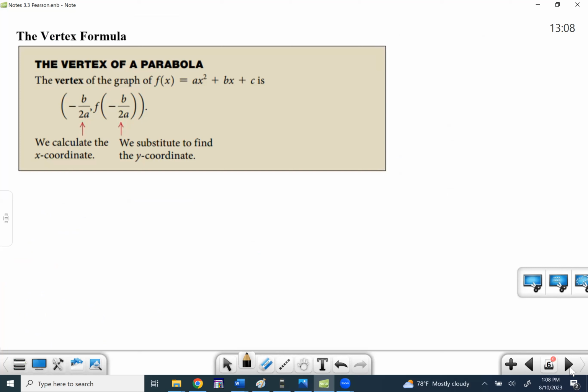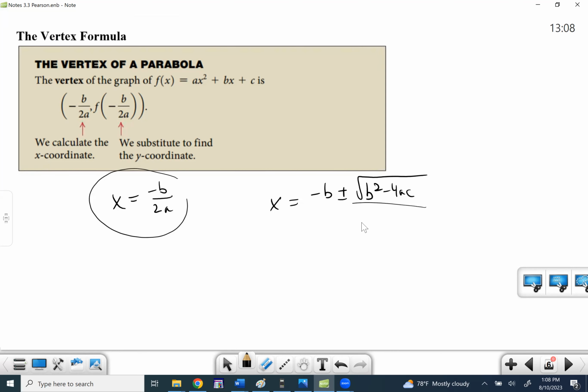Now, there is a formula to help find the vertex. A lot of students prefer this because completing the square can be kind of tough for them. So x equals negative b over 2a is going to be the formula for the vertex, okay? So I'm going to talk about how you don't have to memorize something new here. On your quadratic formula, which you do have memorized, hopefully, because that's an important formula, it's already there. And if I split this up and write it as two separate fractions instead of one combined fraction,